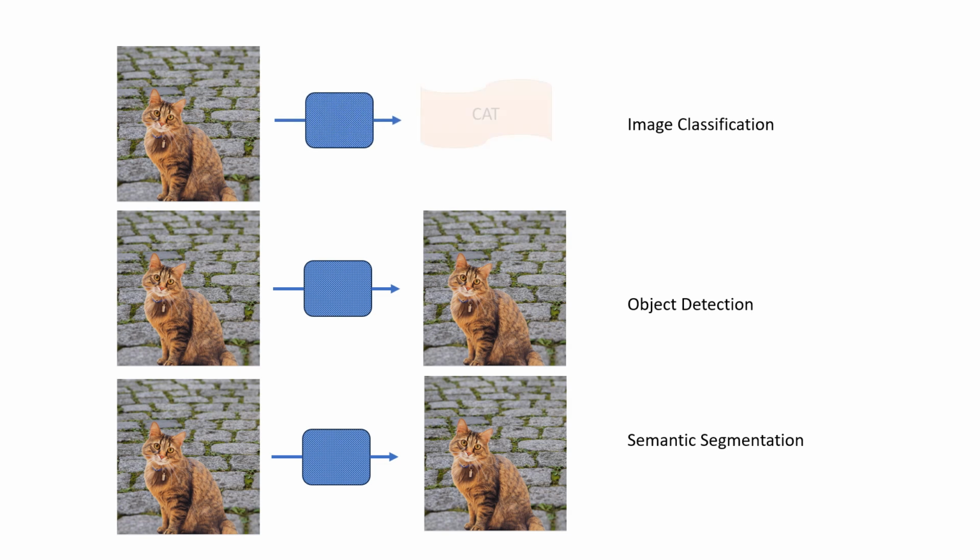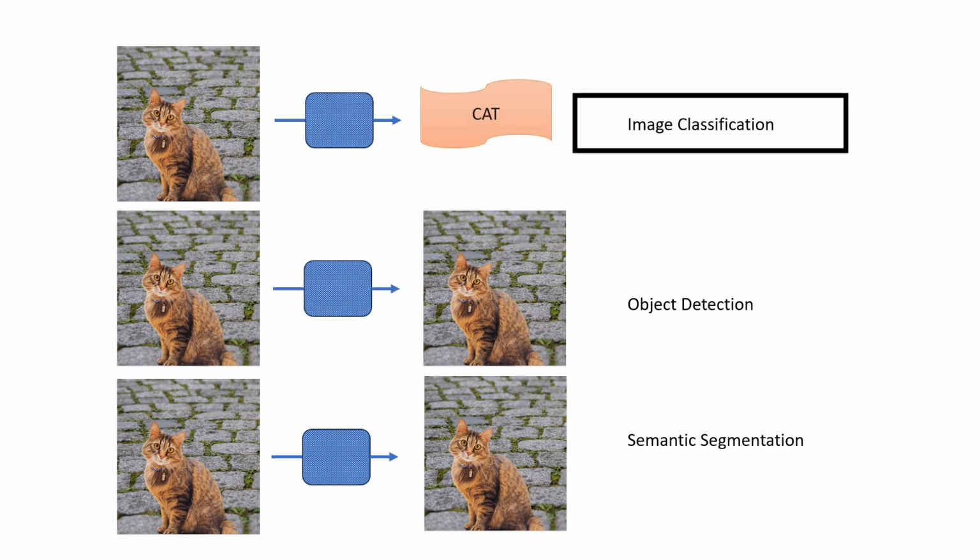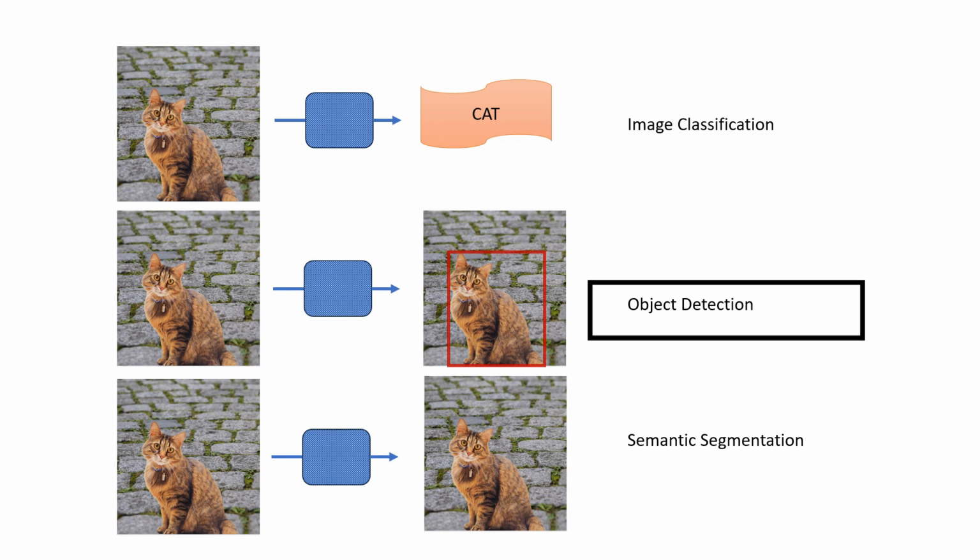So this task will be known as image classification because it takes in an image and classifies whether this image belongs to a cat or a dog or an elephant or so on. Now another model, if suppose we feed a cat's image to it, and apart from telling that it is a cat, it draws a rectangle around the cat pixels. It is known as object detection because it is detecting the cat and is localizing the area where that cat